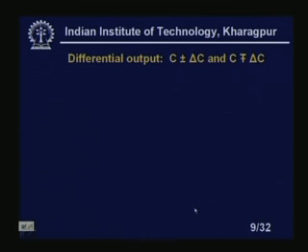Now, in all the previous cases we have seen that the output is single ended, but we always prefer differential output. There is some advantage of the differential output because nonlinearity will be less. So, differential and the output unbalanced output, because ultimately if I want to make very accurate measurements, please note